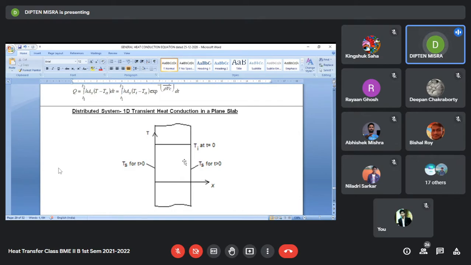একটা টাইম নেবে t is equal to 0, তো এইটা হলো, তারপর t is equal to ধরো 0.1 second. At different values of x you find out the values of t or u and then plot that graph. For another incremented value of t is equal to say 0.2 second, for different values of x, find out the t or u and plot the graph. For another value of time, say 0.3 second, at different values of x, plot the value of t or u,